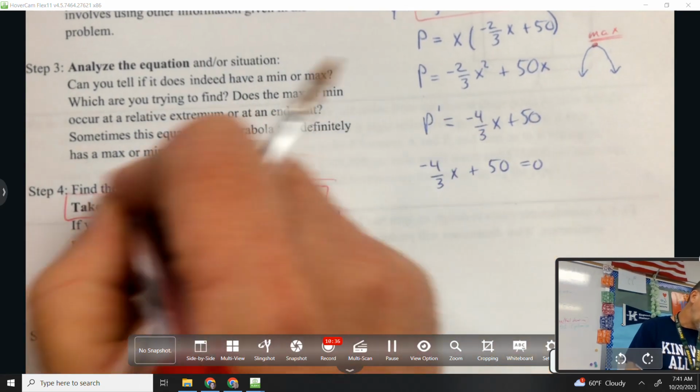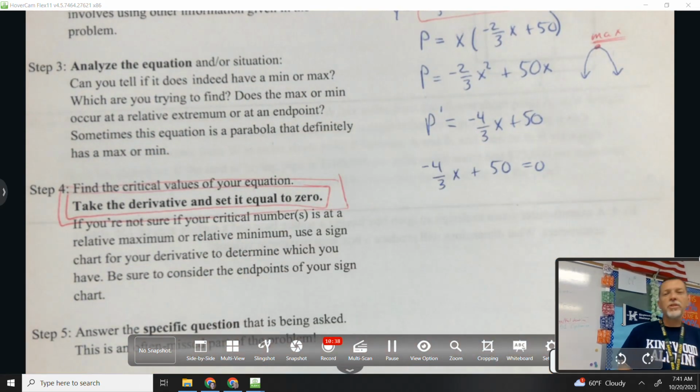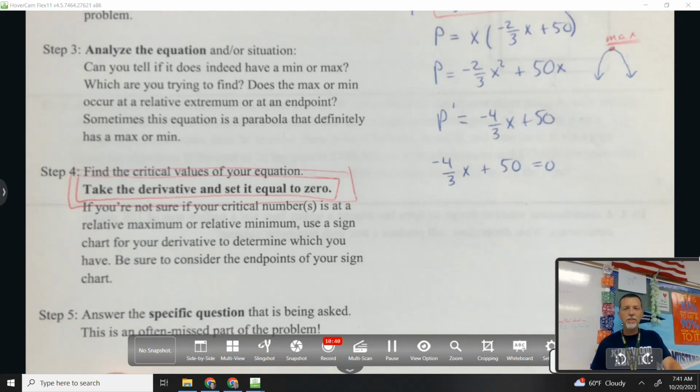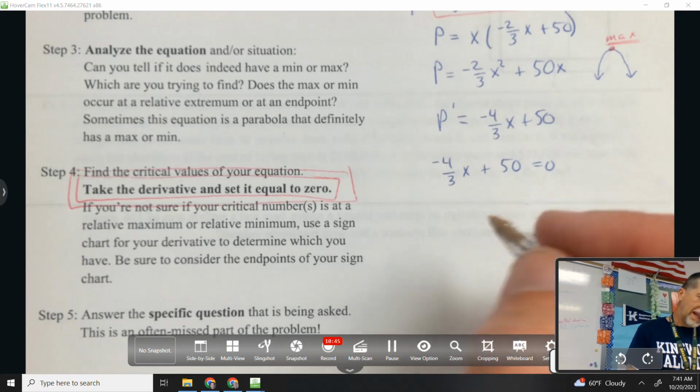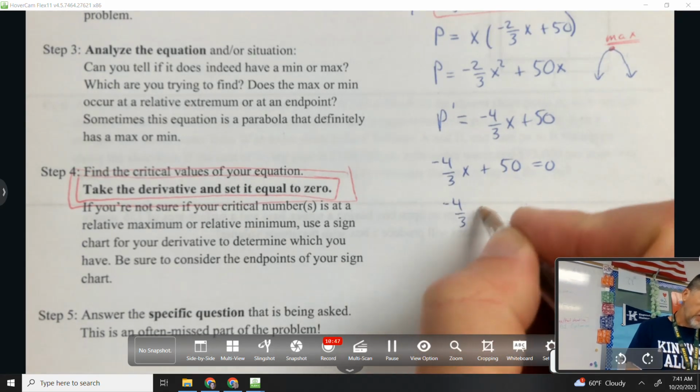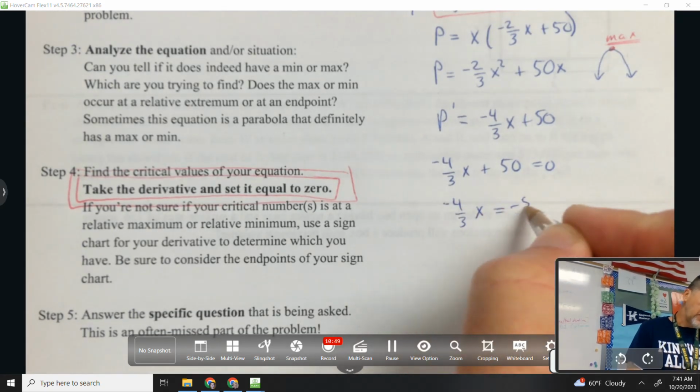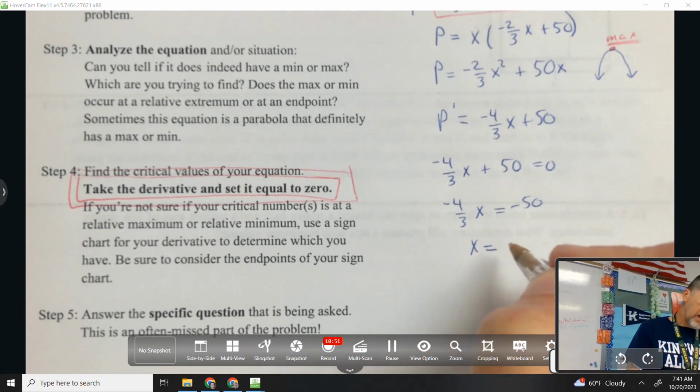That is definitely part of the steps that you'll need to use. Take the derivative and set it equal to 0. So negative 4/3 x equals negative 50. X equals